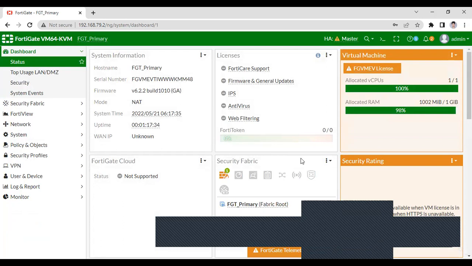So let me show you. Now I am going to bring down the primary firewall. As you can see, right now I am still able to ping Google DNS, right?